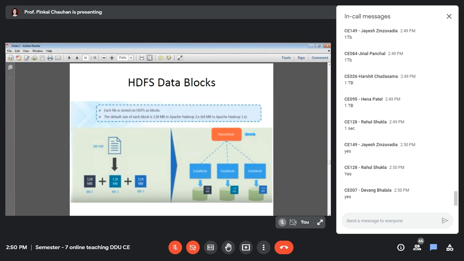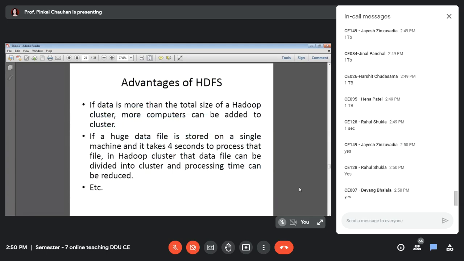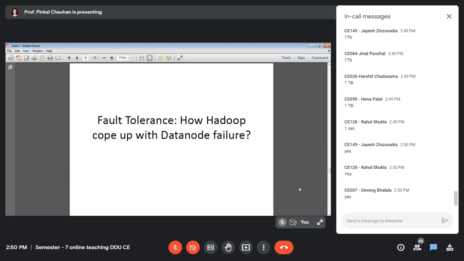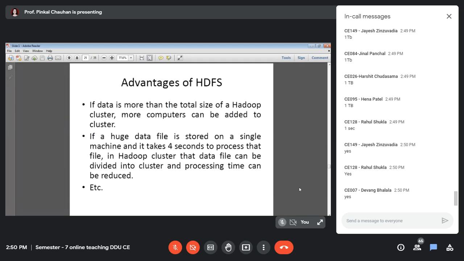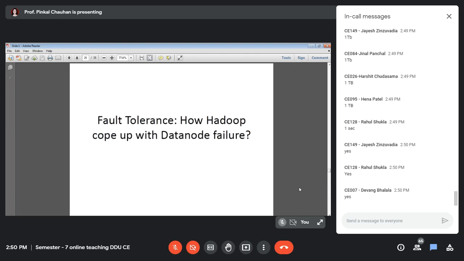Yes. So that is the main advantage of this distributed architecture. There are a lot of other advantages of Hadoop as well, but we are just focusing on some important ones as of now.